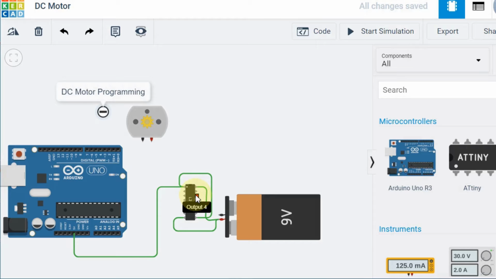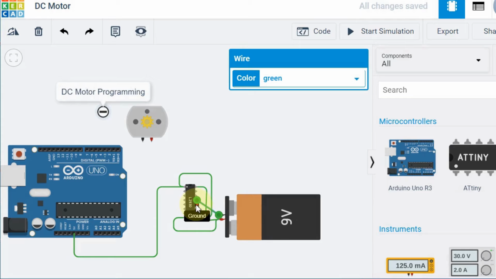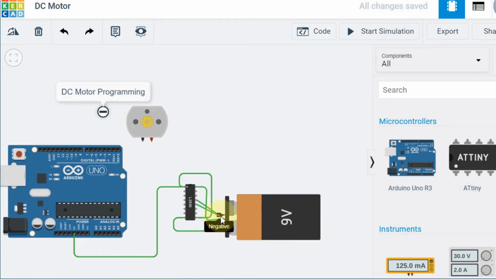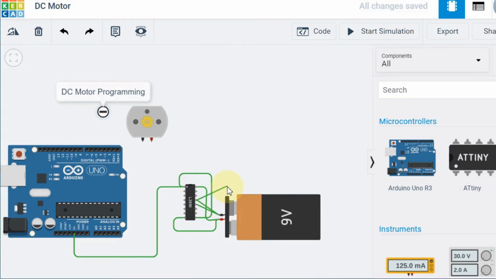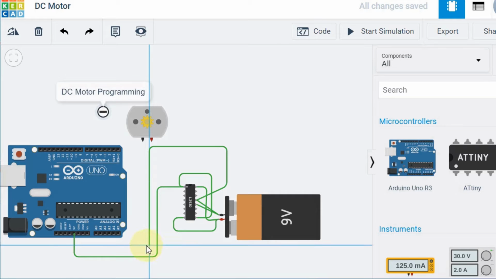So all these enable pins have been connected, and this ground I need to connect to the negative in the ground pin, and this ground also I need to connect here, and from here again I am taking one more wire and connecting to the ground of the Arduino.